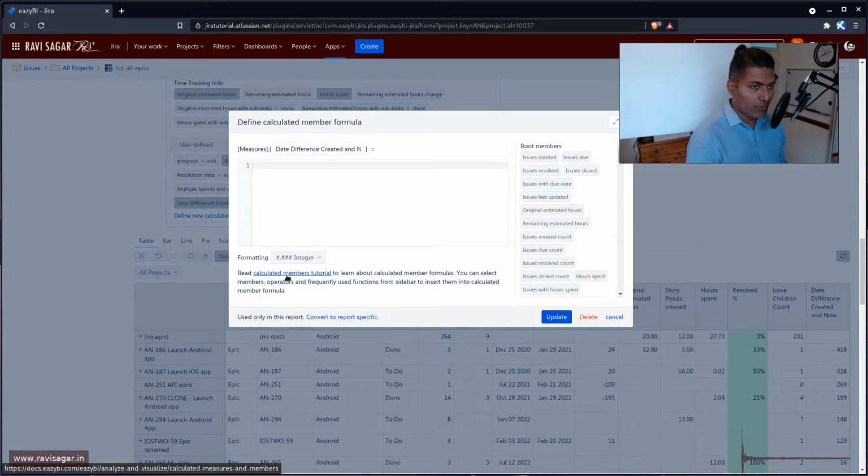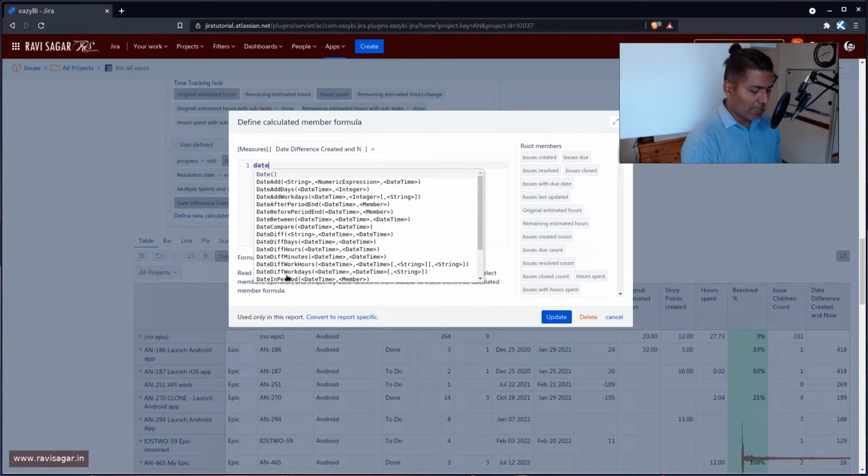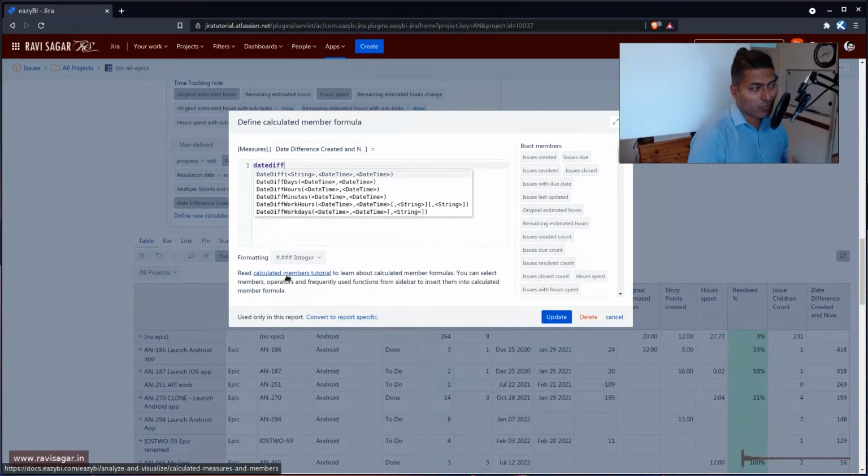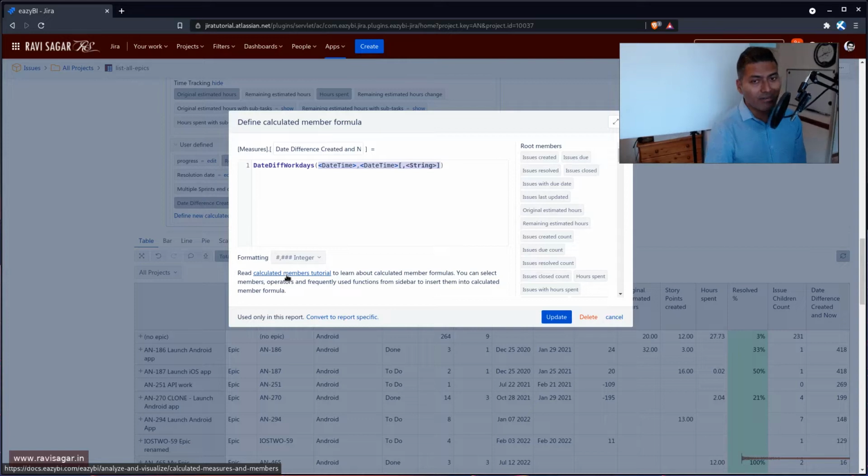So what you need to do, you just need to type in here things that you think are relevant. For example, if you're trying to do something with date or days or difference, just type in here like date diff, and what we're trying to do, we are trying to use date diff work days. Like we want to calculate the working day difference, and in this video we'll create this measure to display since how long this issue has been